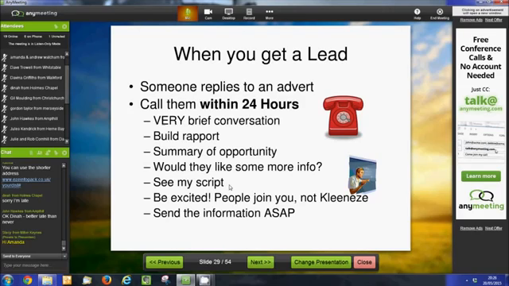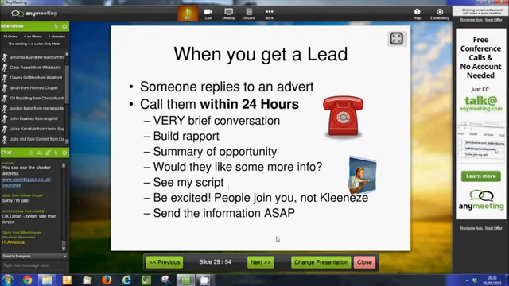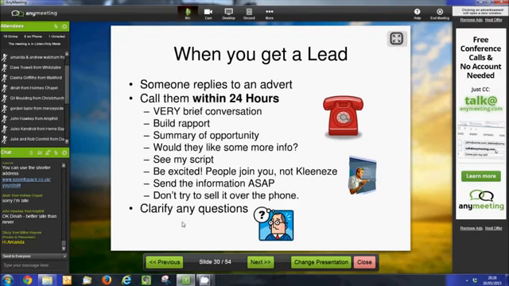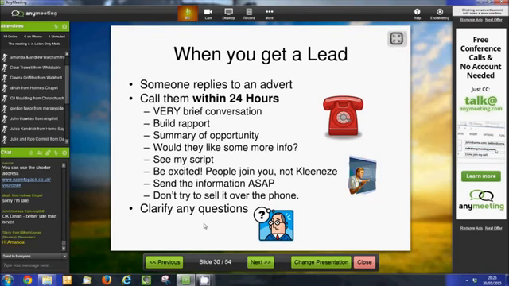So by email if you possibly can, just because it'll get to them straight away. But not everybody has email, or they rarely log on or they don't have a computer, in which case you might have to send them some information in the post as well. And if they do have any questions, it's okay to clarify them, but don't try and sell it over the phone. You're not trying to go through it all in detail and then saying, so what do you think? Do you want to sign up? Because you'll just be putting people under pressure. And as I said, it's much better for them to read through it at their own pace than for you to try to sell it to them at your pace.